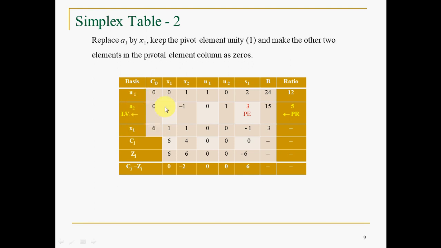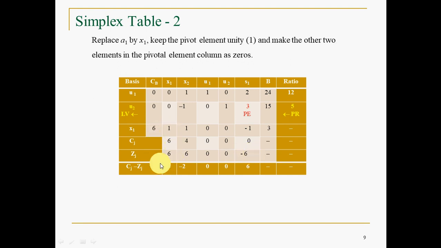Only for X1 it is changed, so this will take these values. This one was the pivot element in fact, and the other elements were nullified, that is from table 1 to table 2. Accordingly, these values have changed by suitable row operations. Cj is always fixed, please note it. Cj is nothing but the coefficients of the objective function: 6, 4, 0, 0, 0. Zj will keep changing. Why will it keep changing?